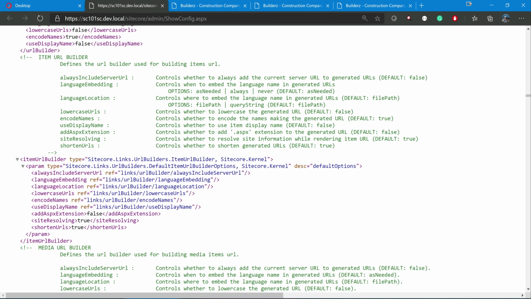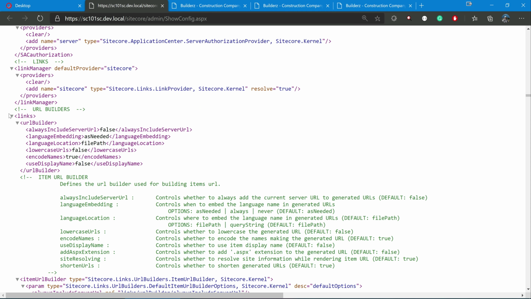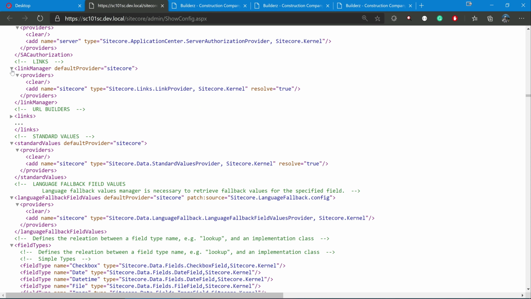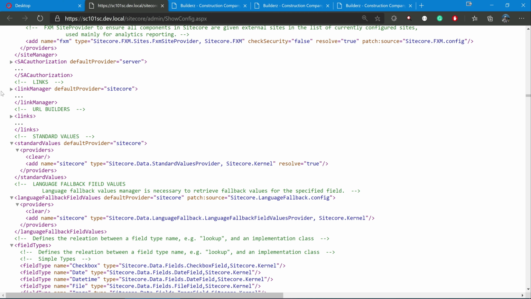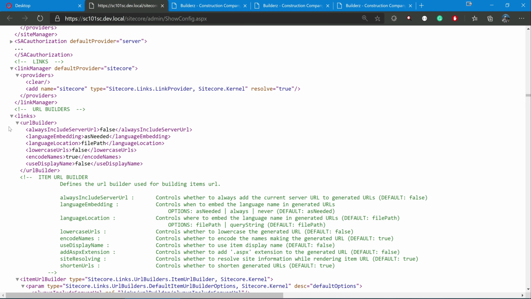And now patching here is, if you are going above, I don't think there is anything here. So on a higher level, let me open this link manager, links. Okay, let's try to understand here.